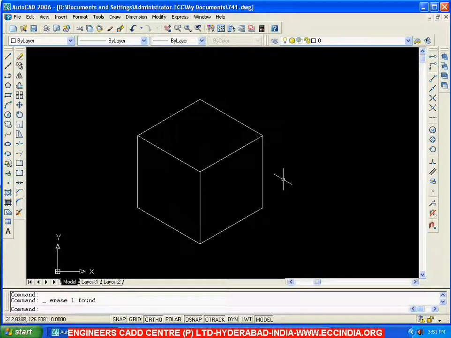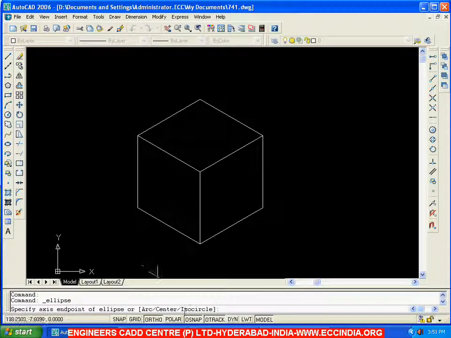So whenever you want to draw circles or circular arcs in case of isometric drawing, then you have to go with ellipse and ellipse arc. If I want to create circles, that is isocircles, then I should go with ellipse. So now go with ellipse here. I am selecting ellipse, and in the ellipse you are going to have the isocircle option. So go with isocircle, I enter.